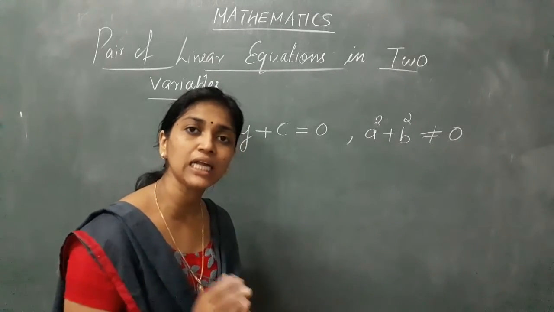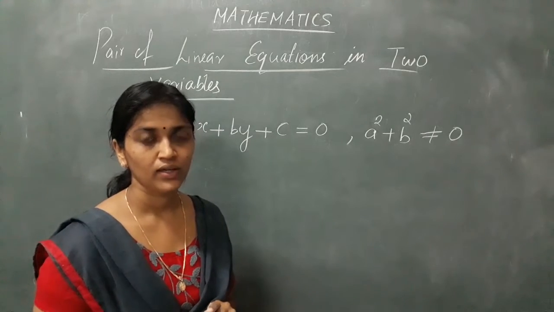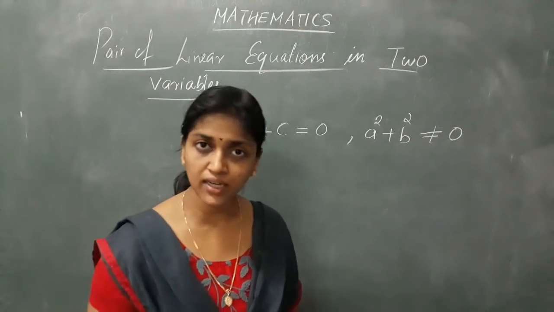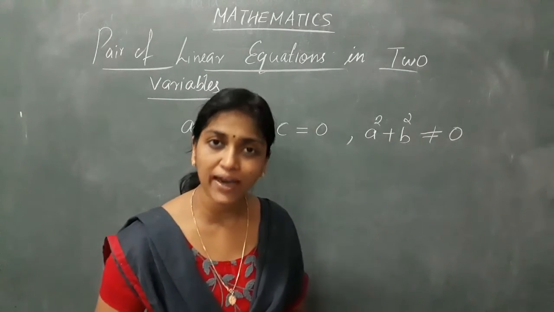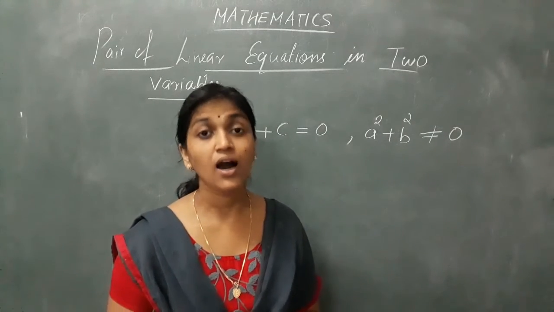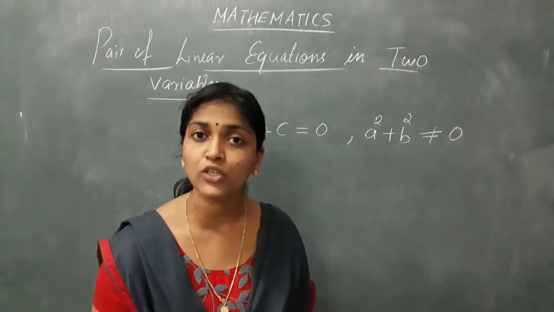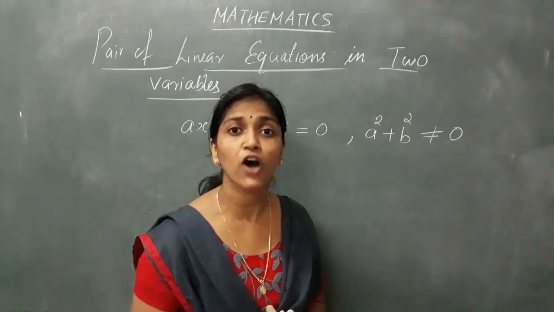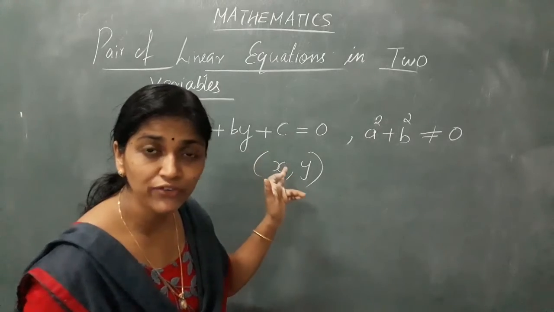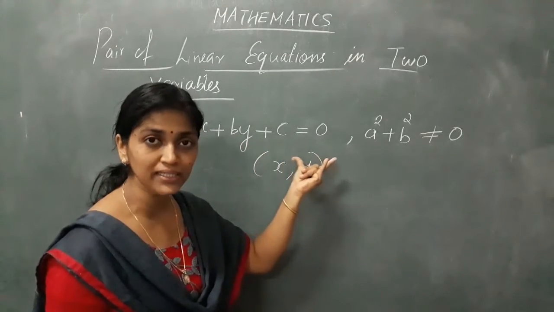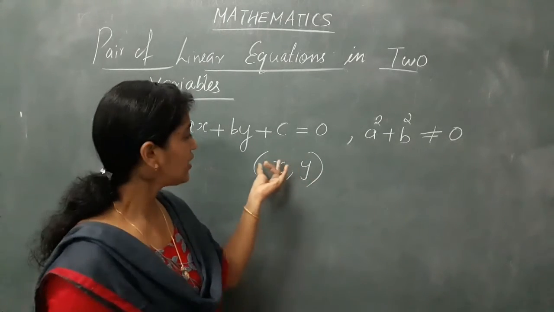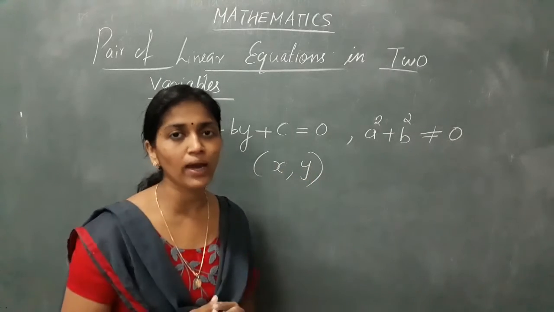We have already studied in 9th standard. So clear? And what else have we studied in 9th standard? We have studied its general form. Also we have studied the solutions of linear equations in two variables. How was the solution of linear equations in two variables? Its form was like ordered pair (x, y). Solution of this linear equation in two variables will be of the form ordered pair (x, y). That is, x will have a value and y will have a value.